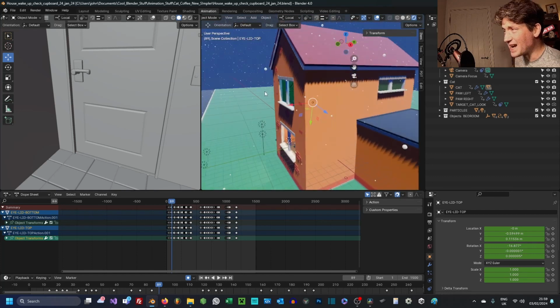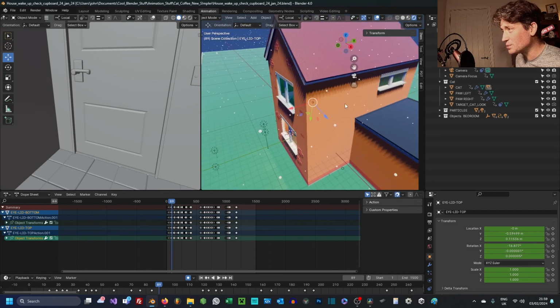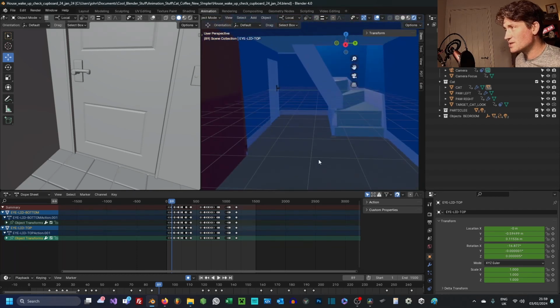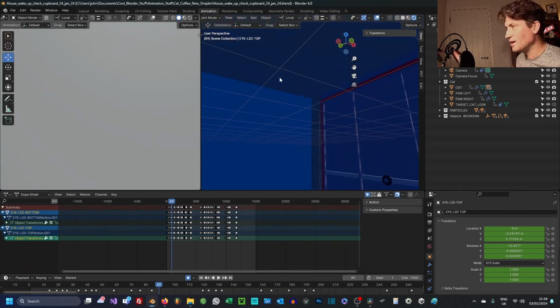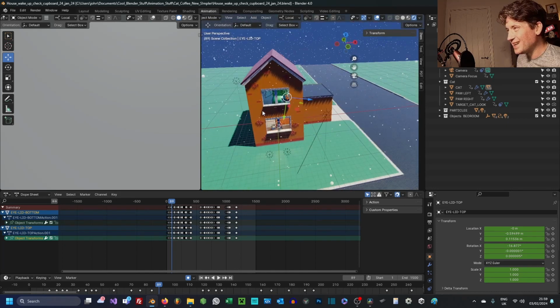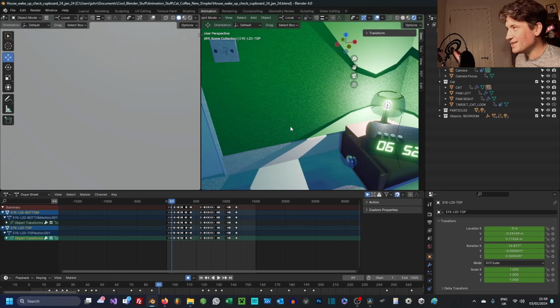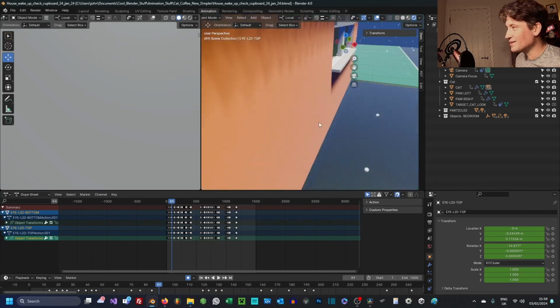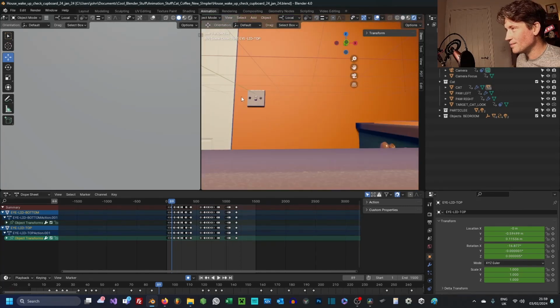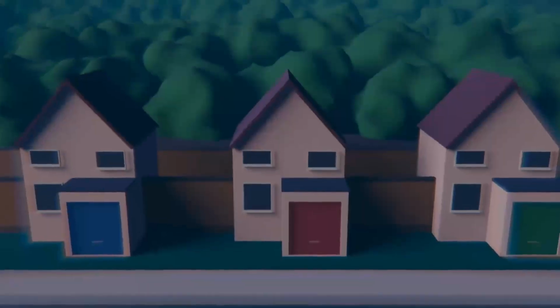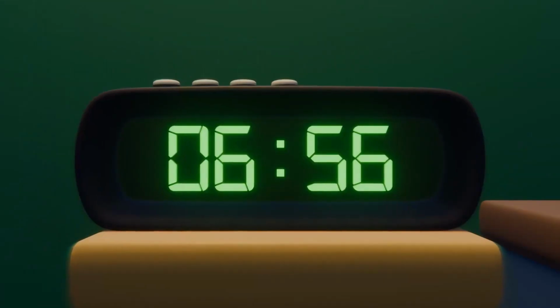So yeah, obviously keeping things simple, I decided to model an entire house to scale with every single detail, down to the garage and everything else, the interior of the house, every single light socket, light fixtures, an entire kitchen. I'm skipping ahead a bit though, because first of all,